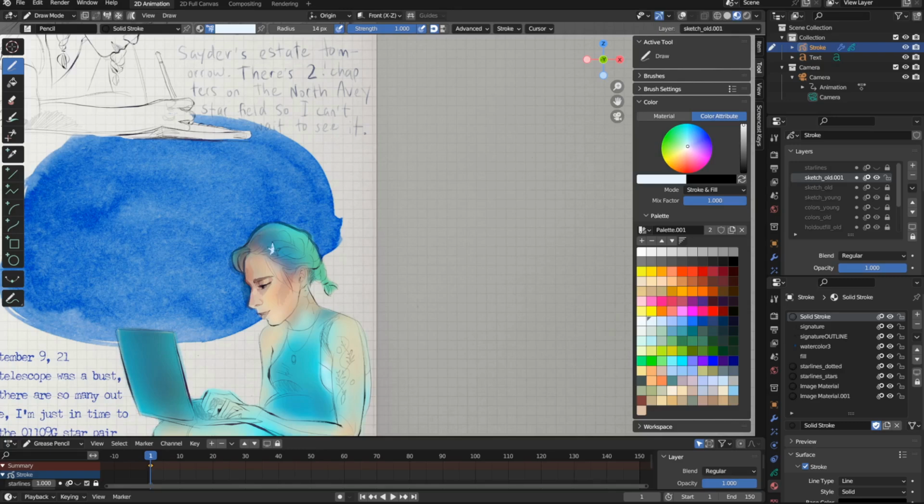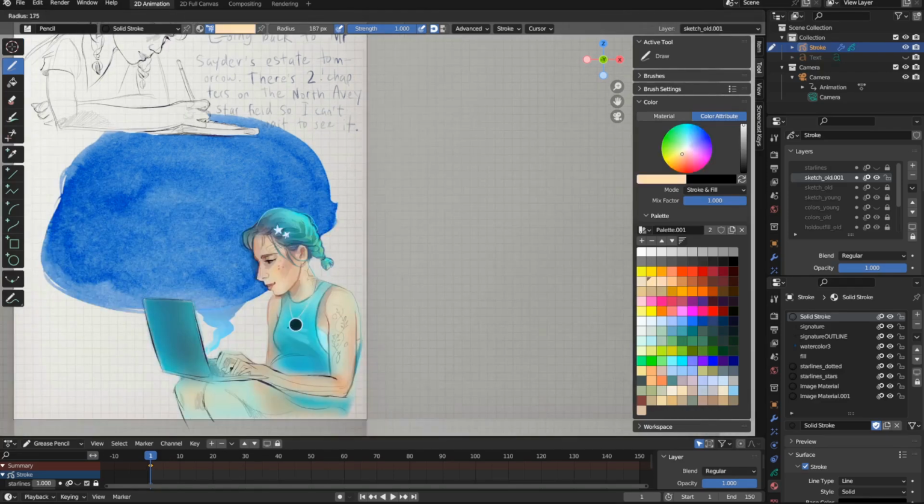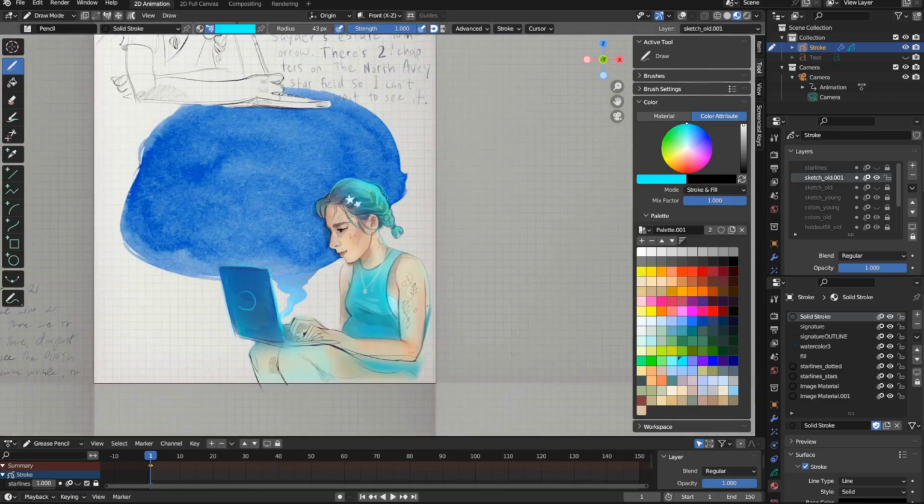For this piece, I spent most of my rendering time on my sketch layer, painting on top of my sketch lines with a pencil brush, just refining everything. I made sure to duplicate my sketch layer first so that I could keep the original in case I needed to go back to it. This ended up being very helpful. I recommend doing this, or at least saving previous file versions from before you start rendering.